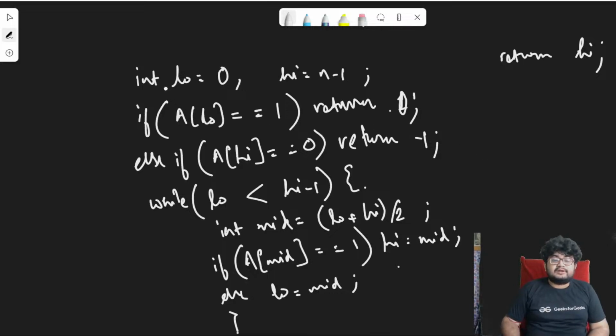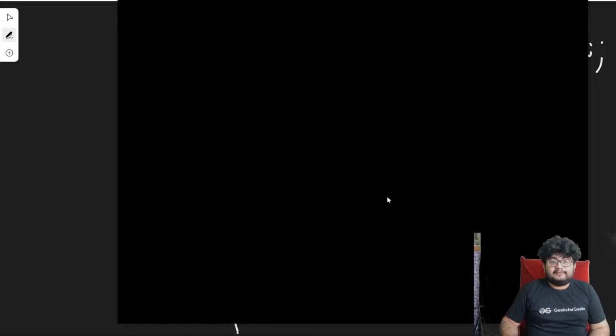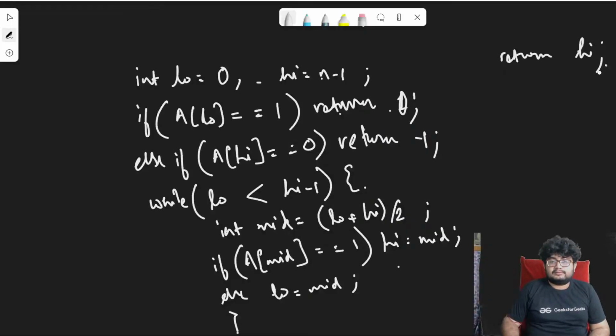All right. So low equals 0, high equals n minus 1. If a of low is equal to 1, in that case we'll return 0. If a of high equals 0, in that case we only have zeros, so we'll return minus 1. While low is less than high minus 1, int mid equals low plus high by 2. If a of mid is equal to 1, then we'll do high equals mid, else we'll do low equals